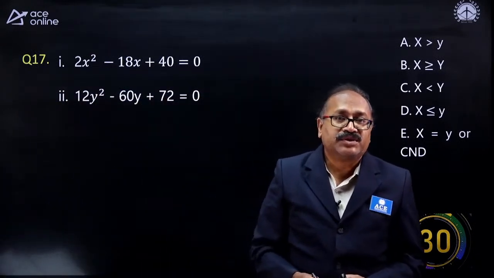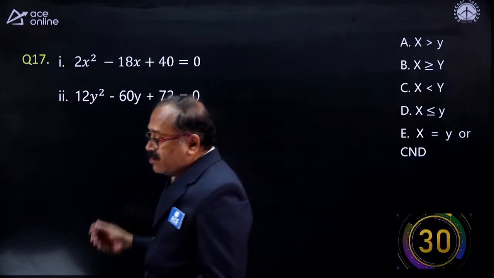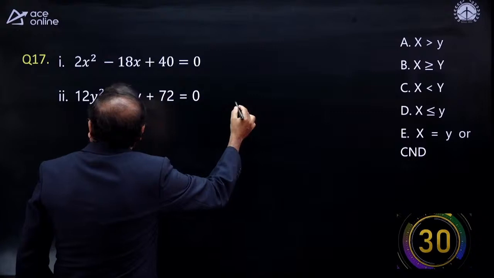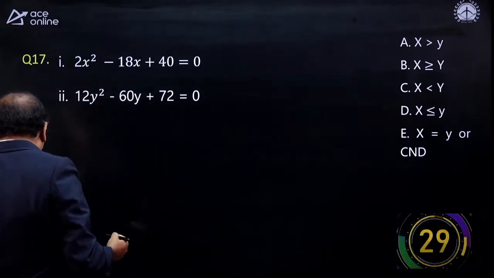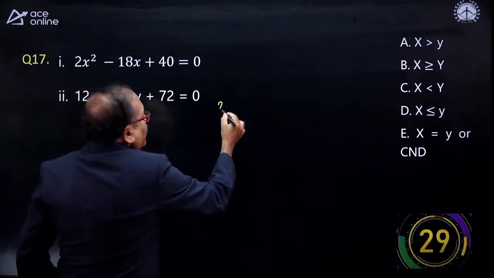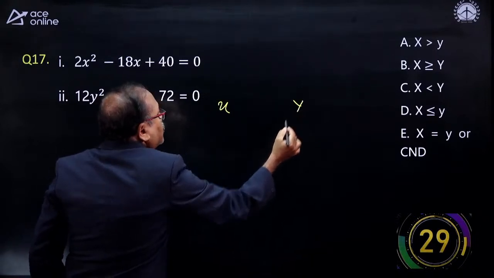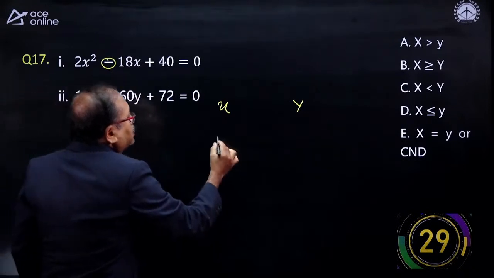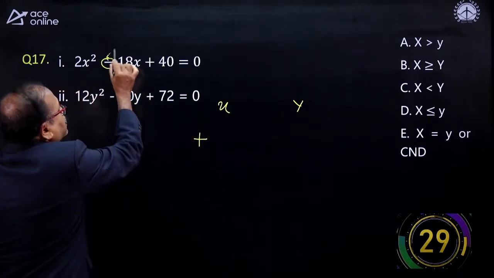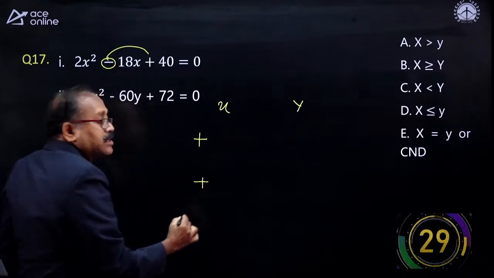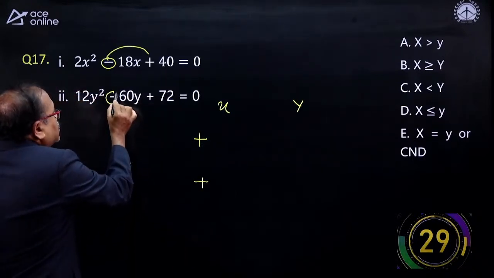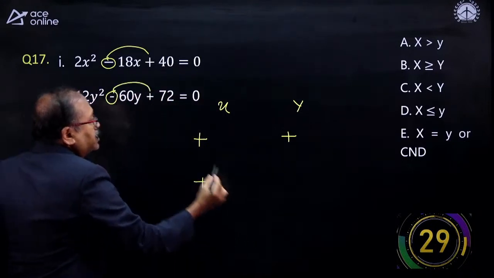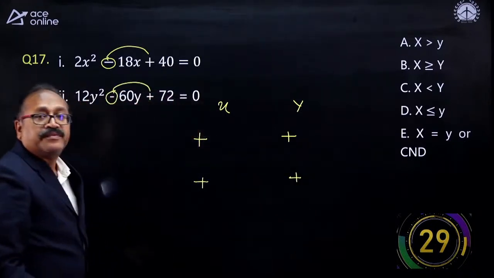I picked up 3 questions from quadratic equation. Look at this. How do we do this one? I will first find out the x value, and then I will find out the y value. But before that, we put the sign. The minus, the first sign always changes, so this becomes plus. And the minus does not change the next sign, so it remains plus. Here also the first minus sign always changes, so it's plus. And the next sign does not change, so it is plus.